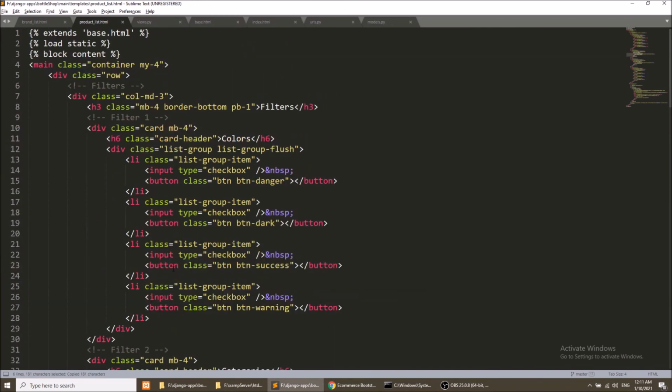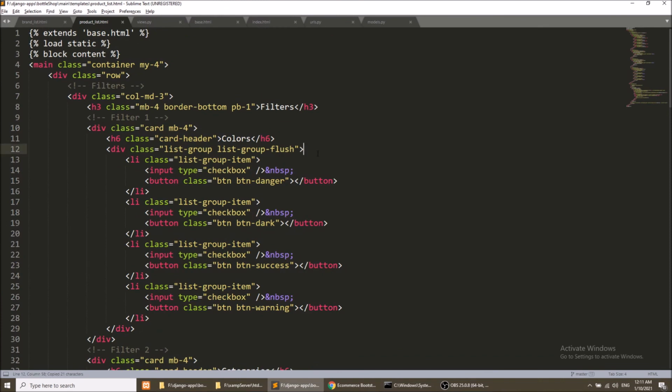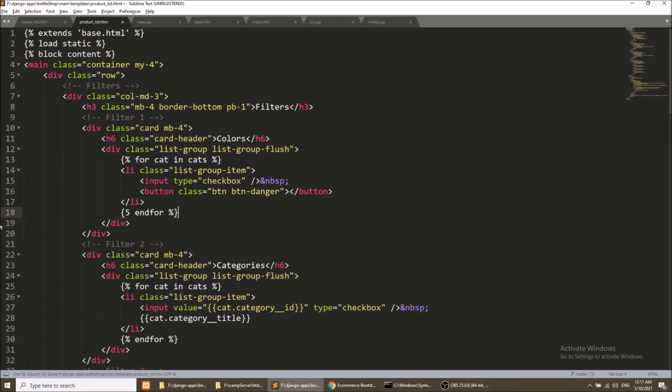So we will not use this for loop because we have a different structure for the color. So we will remove this.